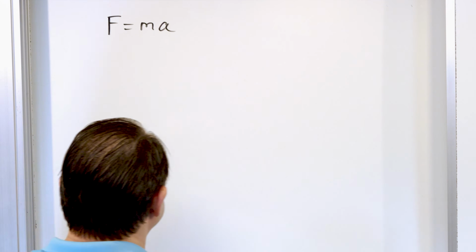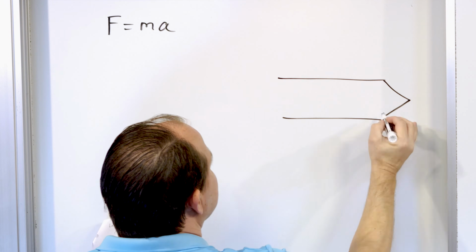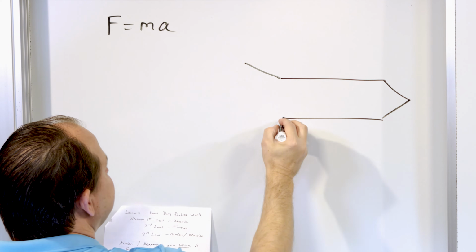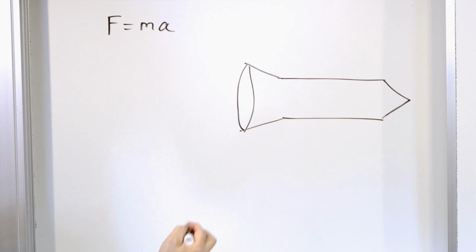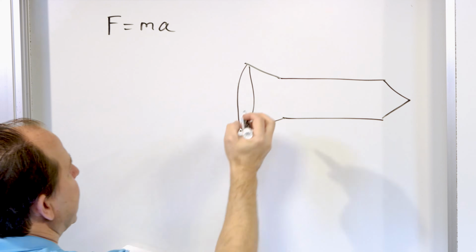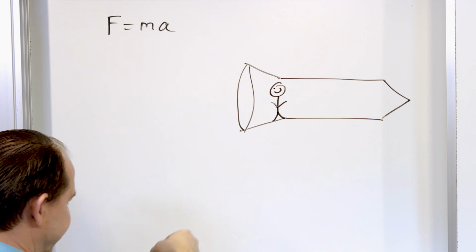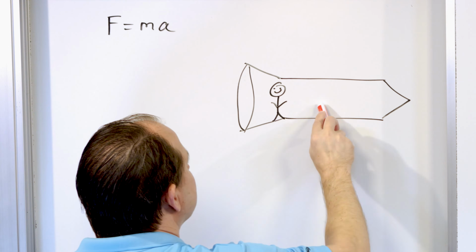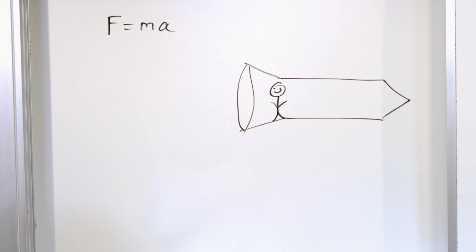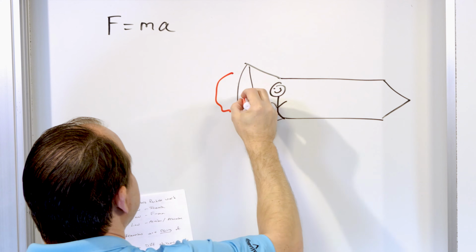So let's draw one little picture. Let's say that here's my spaceship, like this. And at the business end in the back is some kind of rocket nozzle. That's the exhaust coming out of the back, right? Let's say there's some person here, Mr. Astronaut or Mrs. Astronaut standing there, and there's an infinite supply of rocks or something. And what they do is they take and throw one of these rocks